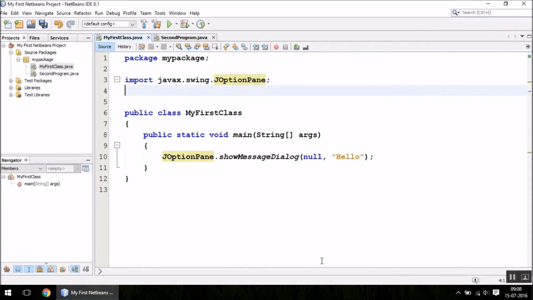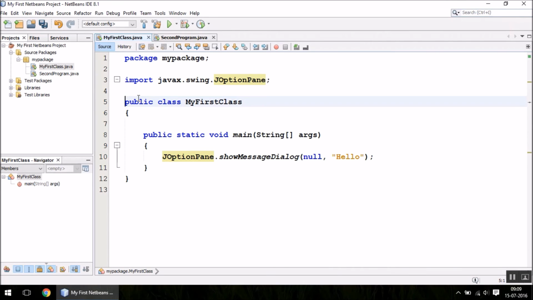After making these changes, you will not be able to see the changes applied on the code which is already written here. In order to apply those changes, you remember the shortcut key, that is Alt plus Shift plus F. This shortcut key is for automatic formatting. As soon as you press this combination Alt Shift F, as you can see, it aligns everything automatically as per the settings you have just made. I hope that this helps.